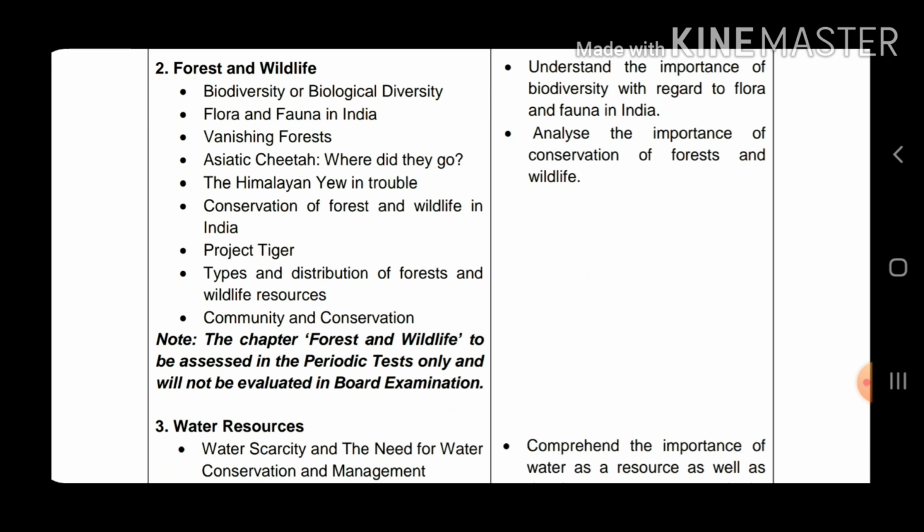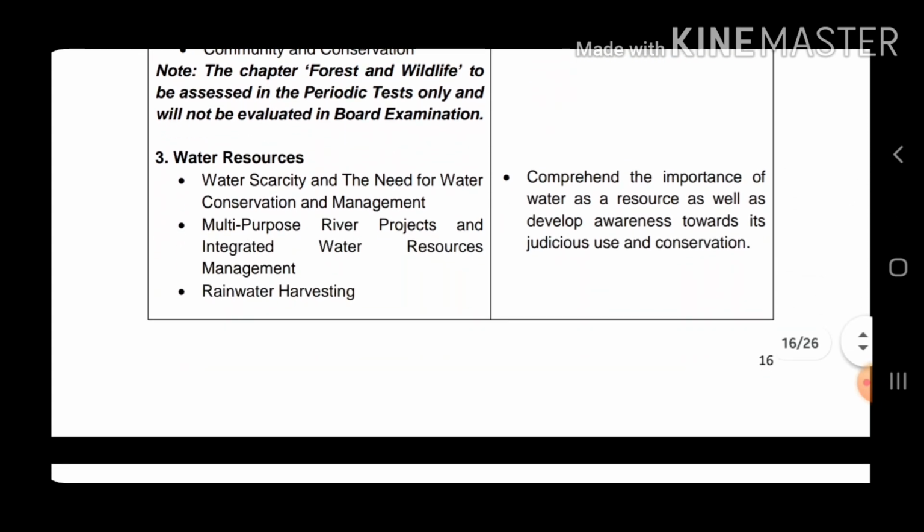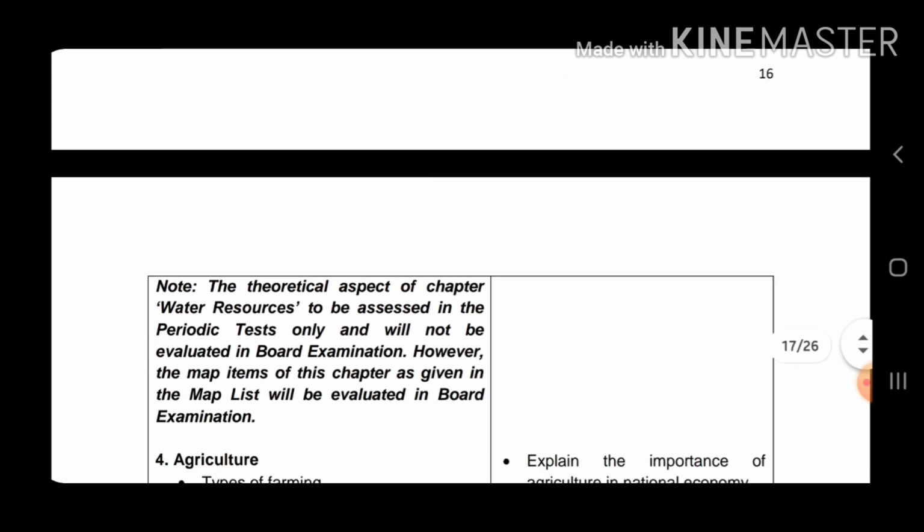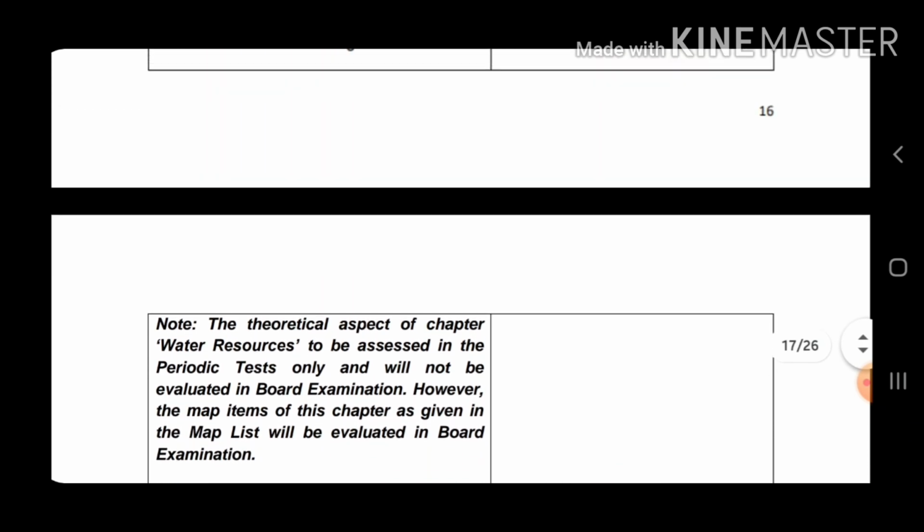In this geography, you can see forest and wildlife and water resources. These 2 lessons are evaluated only for the periodic test, that means pen paper test and the multiple assessment. These 2 lessons will not be asked in the board examination, but in lesson 3 water resources, you can see